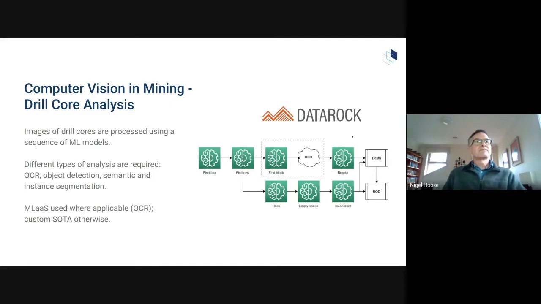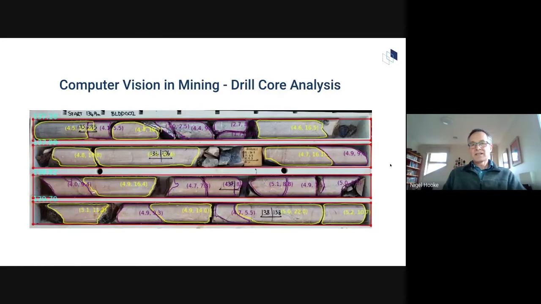Next slide, please. So this is an example of the kind of output that you see from the Datarock platform. You see the original core tray image, and overlaid on it, you can see in yellow and purple an outline of each of the major fragments of rock. Overlaid on that are numbers giving dimensions of the pieces, and the information for some quantitative analysis.